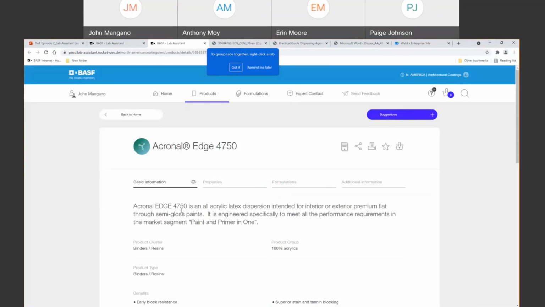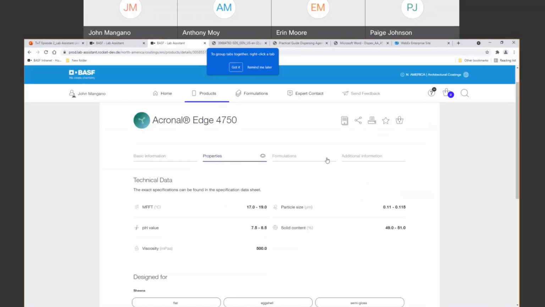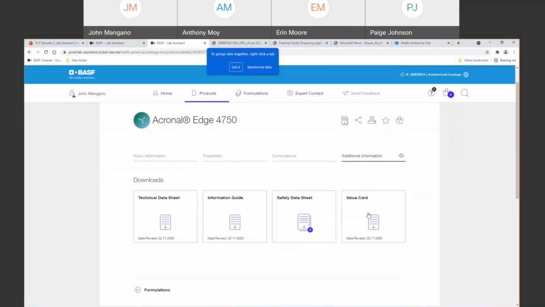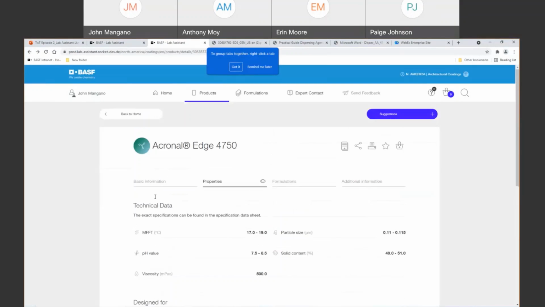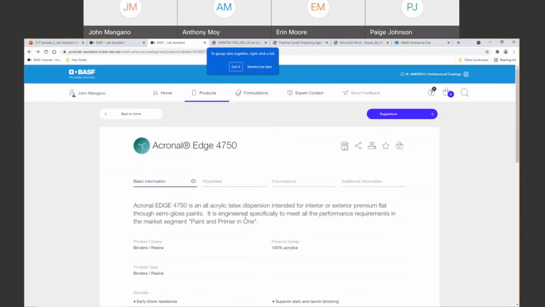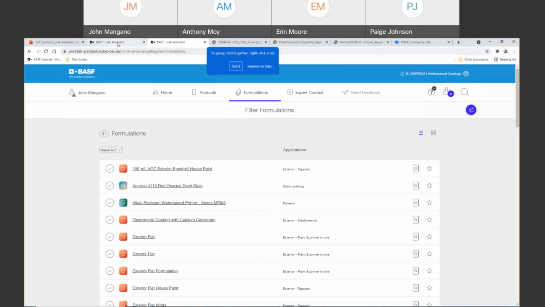And you'll get the basic information on the polymer and its properties. So I think it's very useful, and you can always go back with this back arrow to return to the formulation that you started at. I hope you can find this useful. This is a very preliminary and quick screening of the tool. There is a lot more functionality behind all this, but we think it's very intuitive and easy to use.